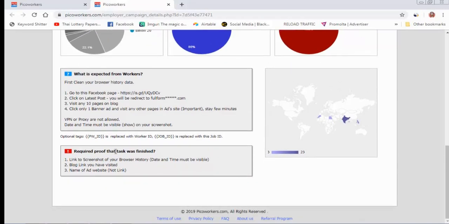Why did I run this type of campaign from Facebook? Because this is my new AdSense account. I bought it for only $50, and this website does not rank on Google, and I need to earn money fast, so I can't wait for it.